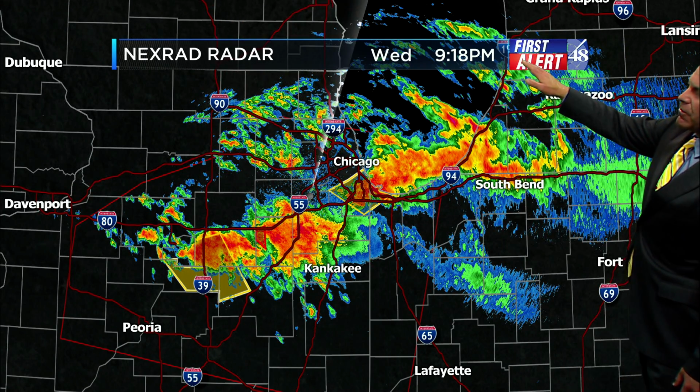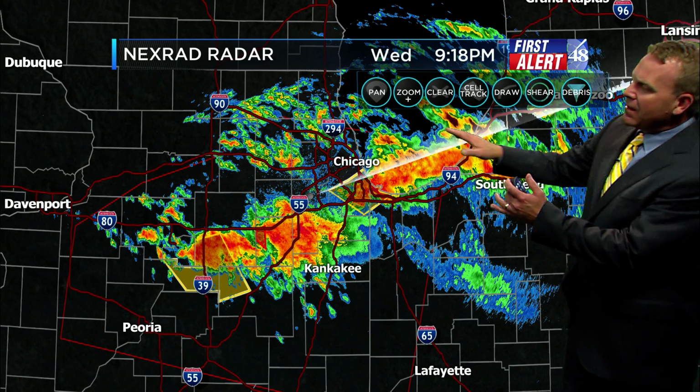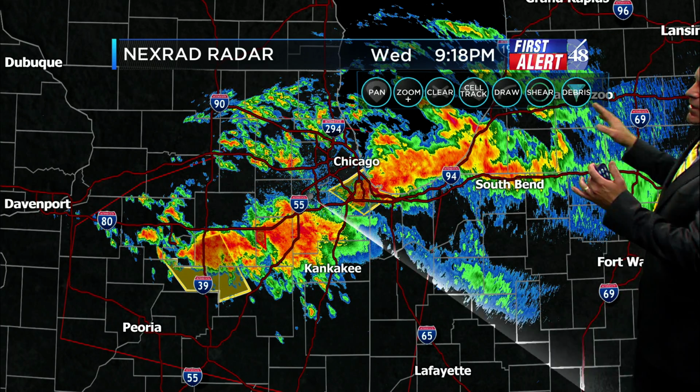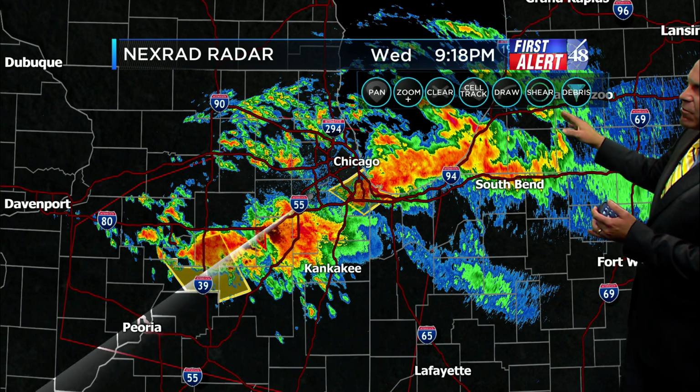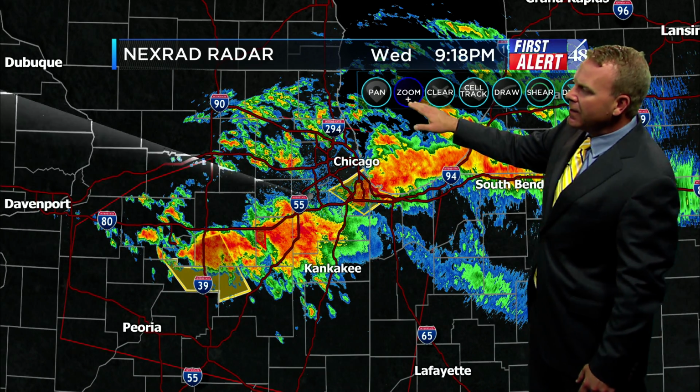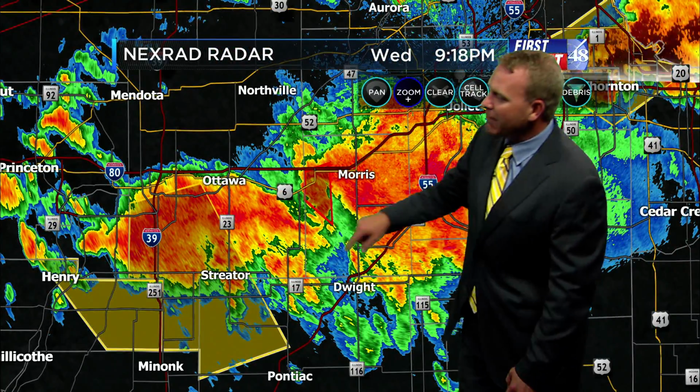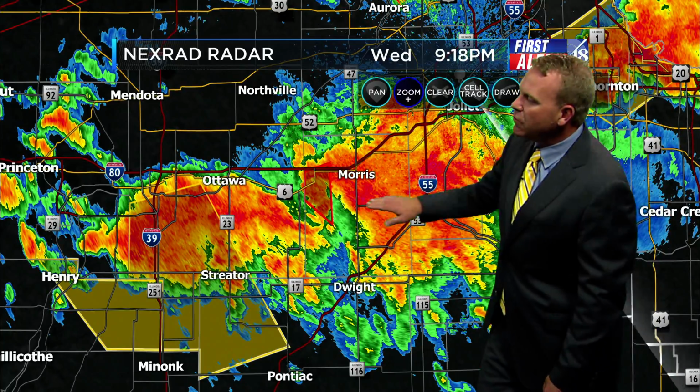And you'll see why I have two back-to-back reflectivity images here in just a second. So as we throw this on here, I've tried to narrow it down to as few buttons as possible. I do have the debris and the shear on here as well, and you'll see why in a second. But we can zoom in here as we've got this tornado warning out for this storm, and it's on the very back end of it, this back hook here, rain wrap tornado right there. But we can continue to move in closer,